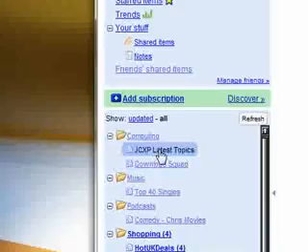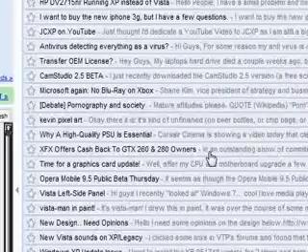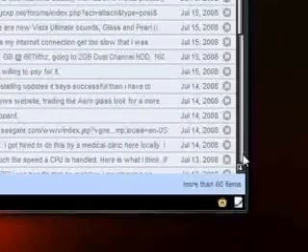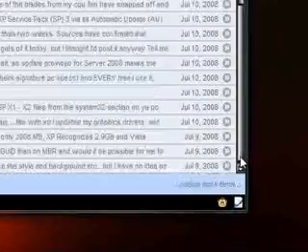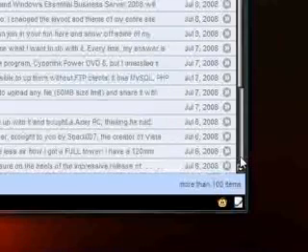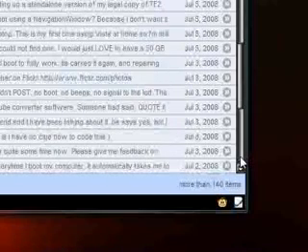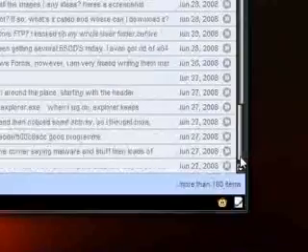Actually no, I won't use that. I'll go to JCXP latest topics. You can see I've got more than 60 items here. If I scroll to the bottom, you can see it's loading them. I'm loading them really quickly as well. I've got more than 100 items now, more than 140, 180, and this is one of the great features of